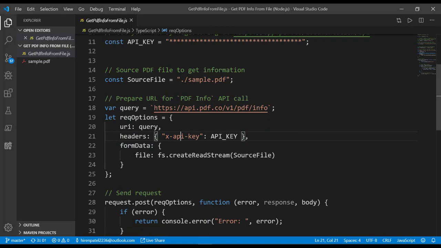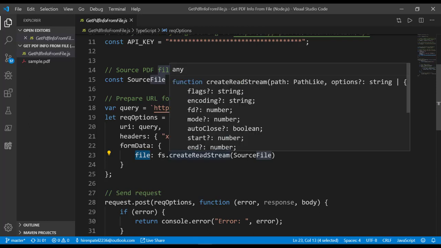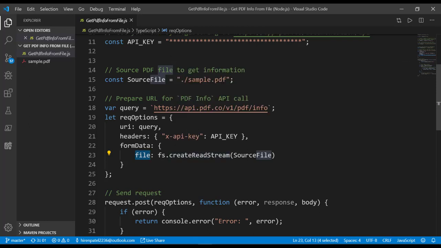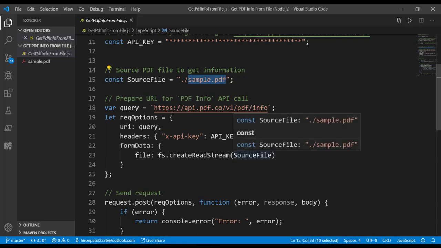In this case, we are not using the URL. We are directly providing the file in the file key parameter, and basically we are creating the read stream and providing the input path, which basically converts the file into a blob and sends it as form data.